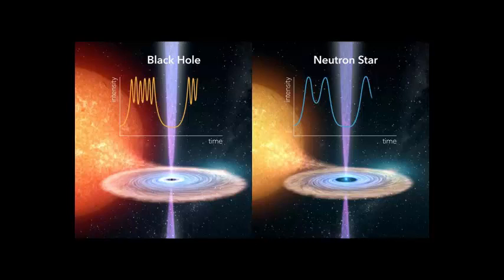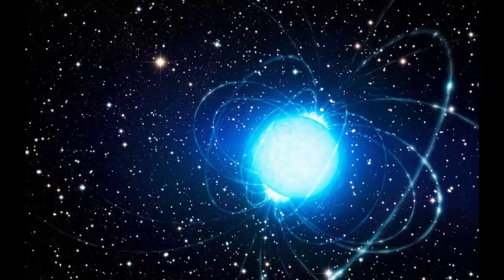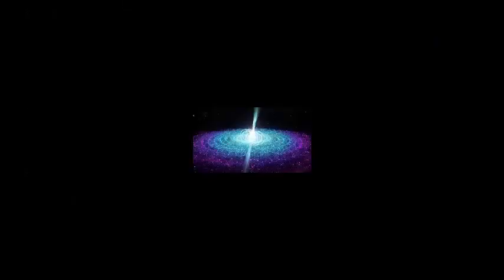Neutron star. A neutron star is an extremely dense celestial object that forms when a massive star undergoes a supernova explosion. During the supernova, the outer layers of the star are expelled into space, while the core collapses inward under the force of gravity. If the core's mass is between about 1.4 and 3 times the mass of the Sun, it will collapse into a neutron star.